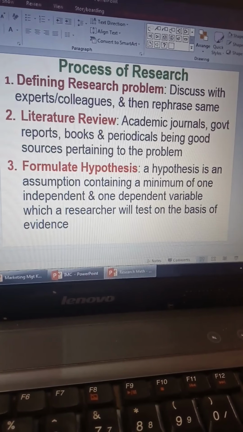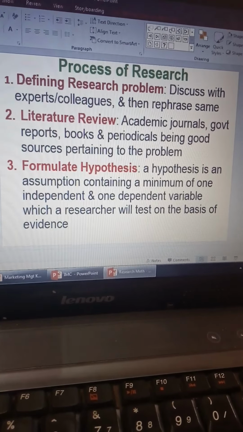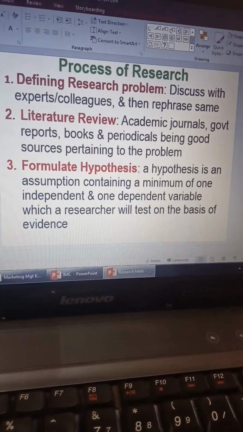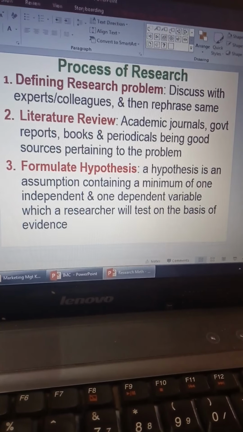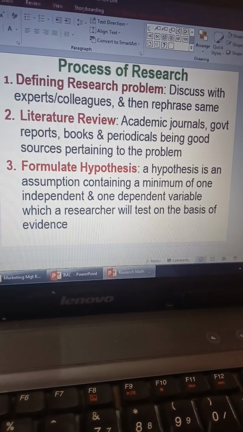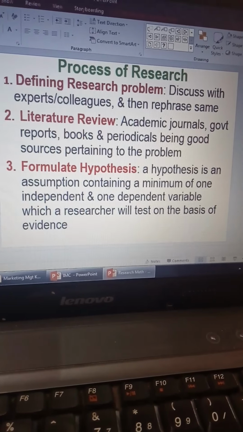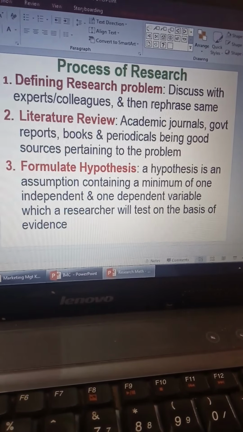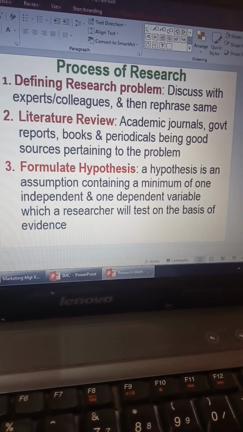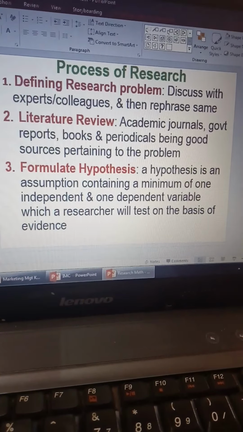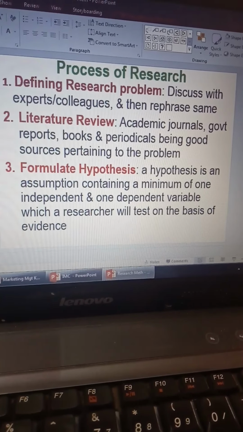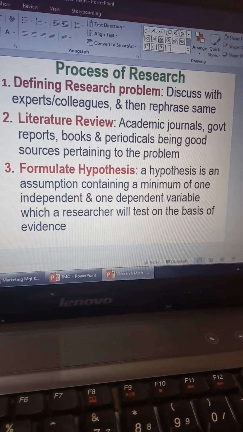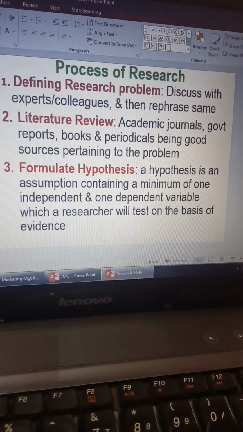In the literature review, you will review various journals, the government reports, the books and periodicals. Those are the sources from where you will come across the studies which have taken place in the past, and the studies which have been conducted initially by somebody else would also give you some idea about what is pending and what is left which is not covered under those studies. So it will be very easy for you to understand the gap between what has happened and what you intend